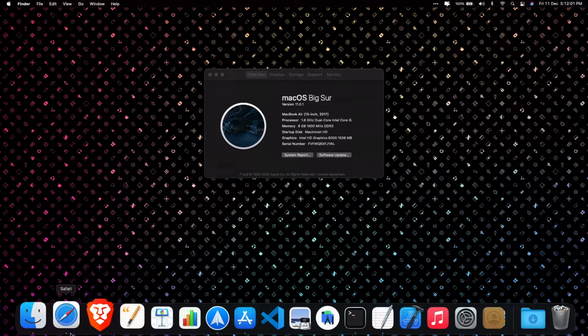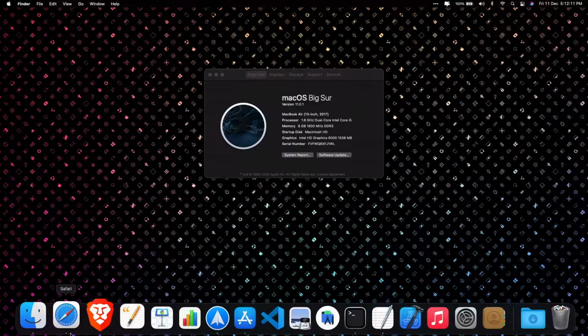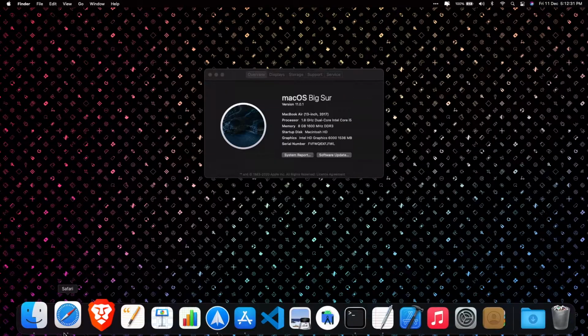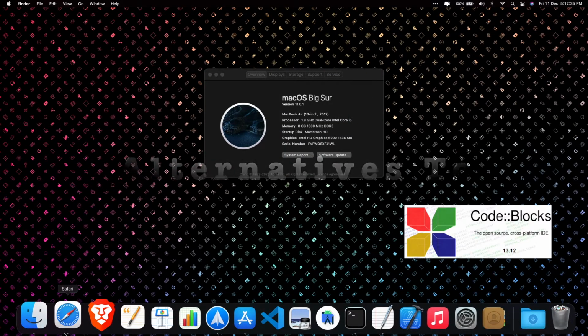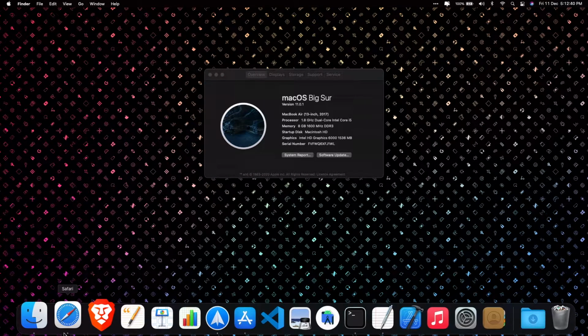Okay, before I proceed, let me clear something up. You can definitely use Xcode for programming in C and C++. In fact, Xcode has some great features like error detection and highlighting even before you run the program. But I still think for a beginner, Xcode is quite excessive, especially for someone who is looking for alternatives to Dev C++ and CodeBlocks on Mac. But in order to run a C or C++ program, you still need to keep that big boy installed on your machine. Okay, so as things are clear now, let's proceed with the installation of Atom on macOS.